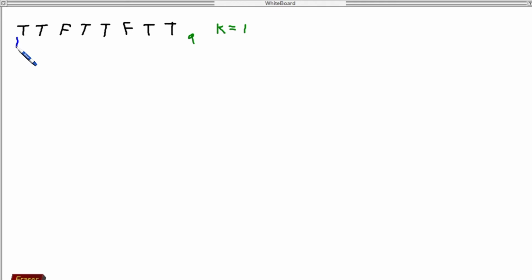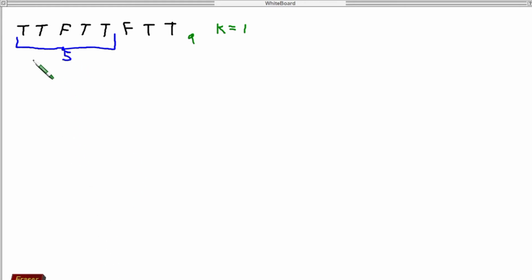We are starting from index 0. Let's change all characters to T. So we have already got 2 T's. We can change this F to T so we can continue. We can change this F to T, getting all characters as T. We cannot extend it more because we will get 2 F's and 4 T's. We cannot change any of them to all T's or all F's. So we can get max length 5 here.